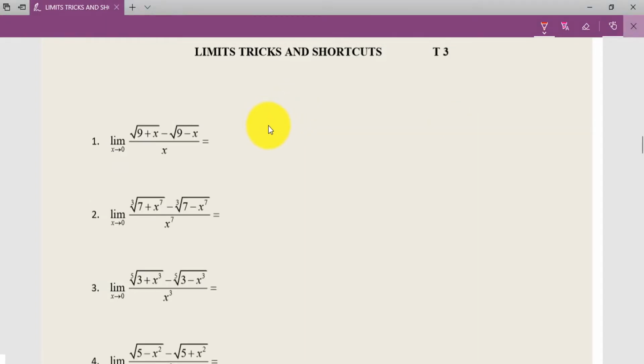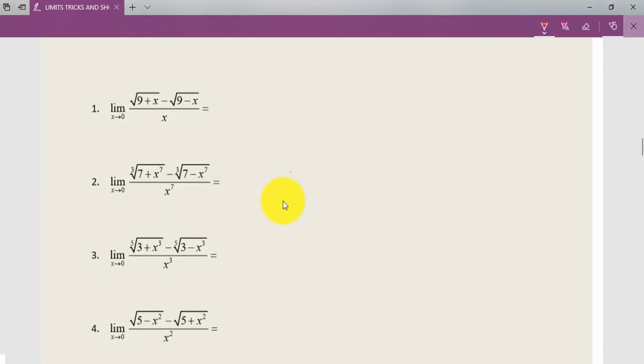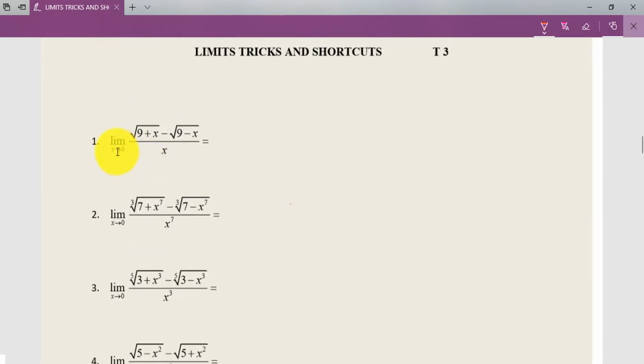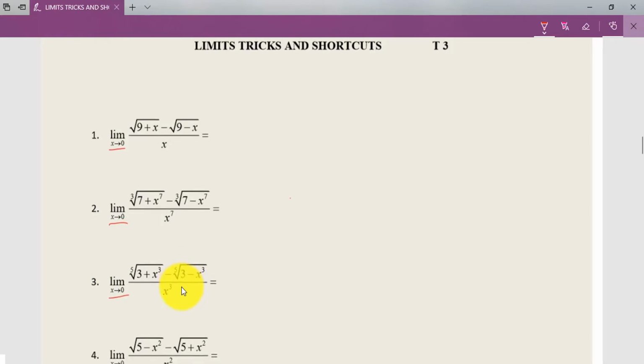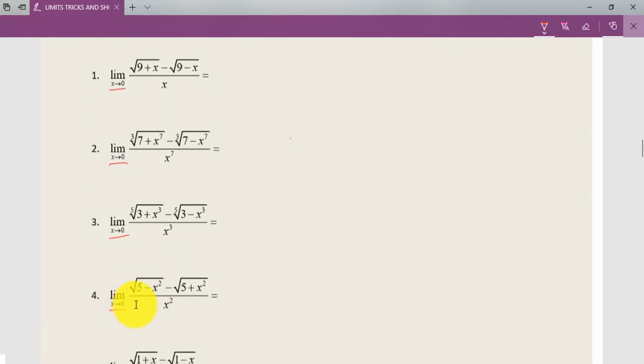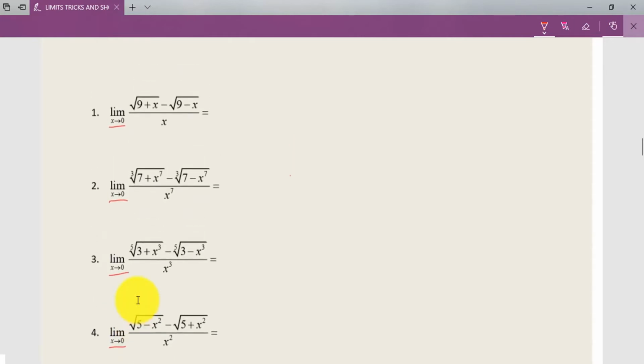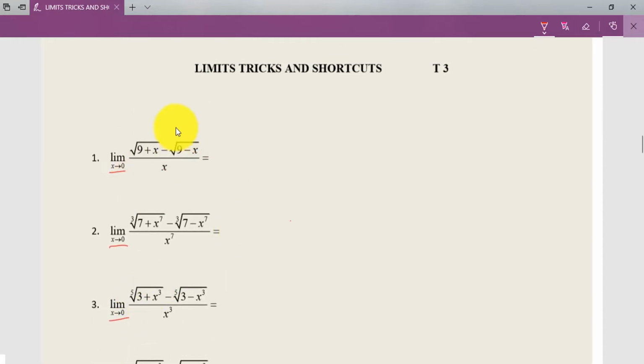Now here's set 3 of my limit section, and let us see. These are a few problems which I have selected. I have totally 4 problems which I have taken. Now see this pattern. You can find almost the pattern is the same, and here always have an observation that the limit is x tending to 0, x tending to 0, x tending to 0, as well x tends to 0, right? So the formula for this type of pattern, I'm going to write for you.